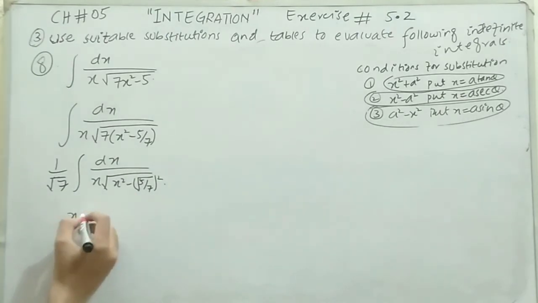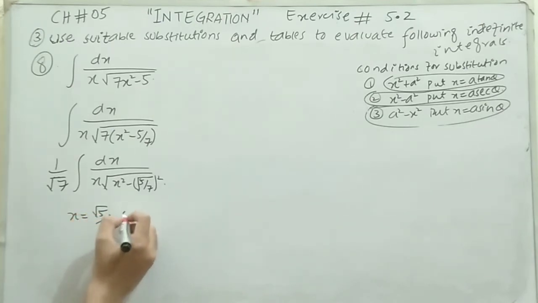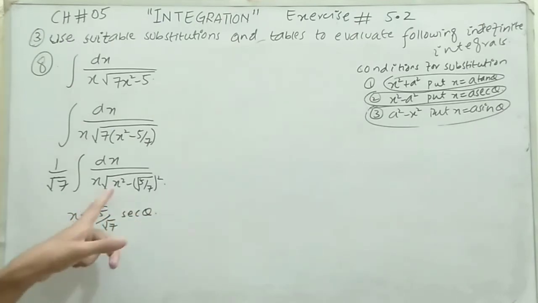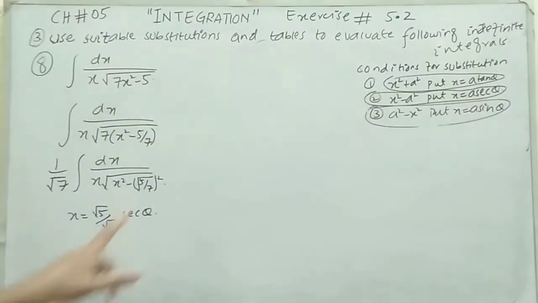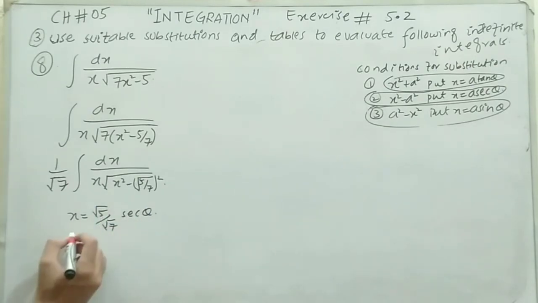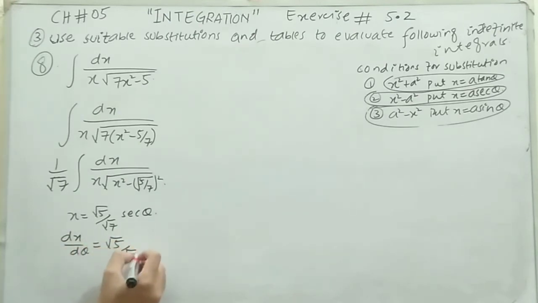Let's suppose x is equal to root 5 divided by root 7 secant theta. Here we have the x squared minus a squared form, so we will use x is equal to a secant theta. Our a is root 5 by 7, so x is equal to root 5 by root 7 secant theta. Taking the derivative with respect to theta, dx by d theta will be root 5 divided by root 7